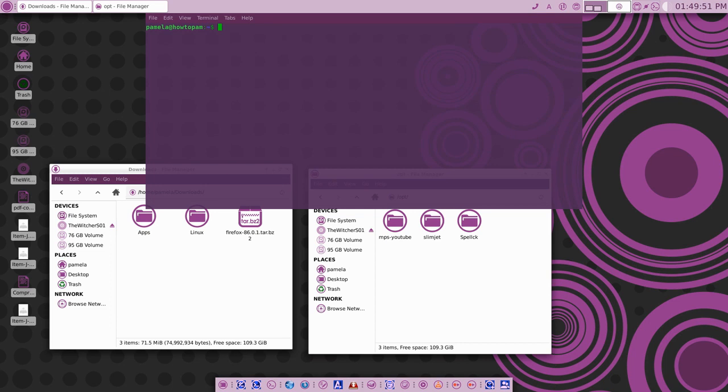We'll say ls, and there you go, you see it right here. So there's the Firefox tar.bz2, and we'd like to untar that and have it set up a folder in opt here. We could do that by maybe going sudo